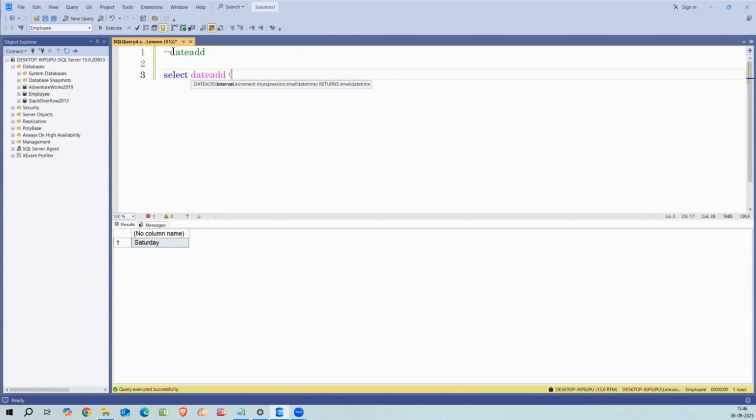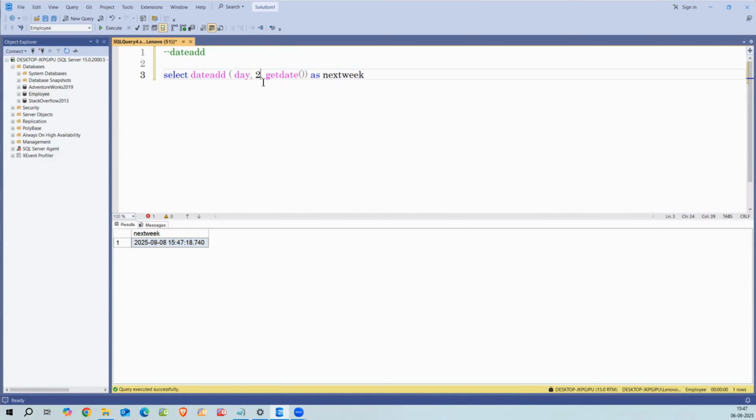So here, I want to display the day, 7 days from now, or 1 week from now. And here I will use the GETDATE function as next week. So this will display the date that is just 1 week from now. See, today is 6th and it is displaying 13 because we have used this DATEADD function, and we want this 7 days from now. We can write anything we want, like 2 days from now. So today is 6, so it will display